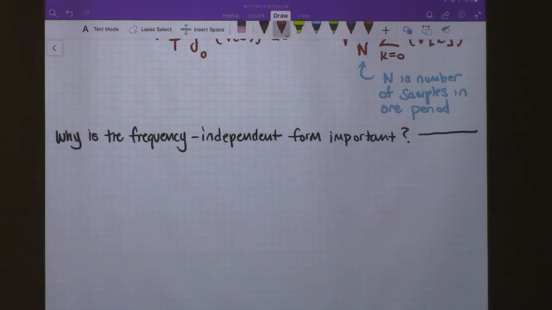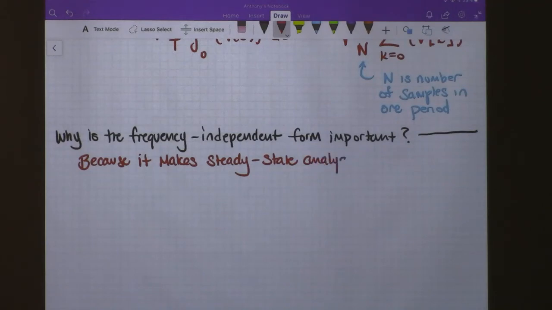The reason is because it makes steady state analysis much easier. Before we get into that, are you all familiar with what the difference between a transient analysis and a steady state analysis is? Yes, kind of. So, just quickly,